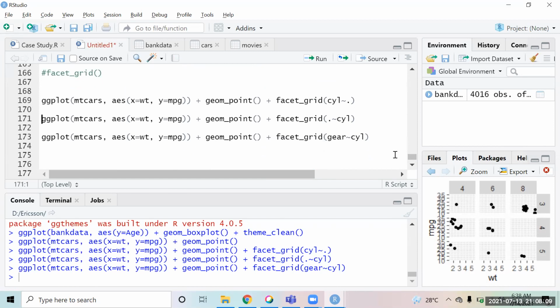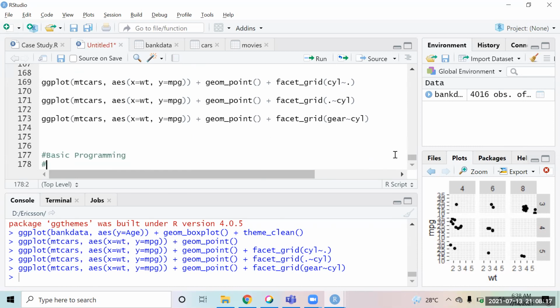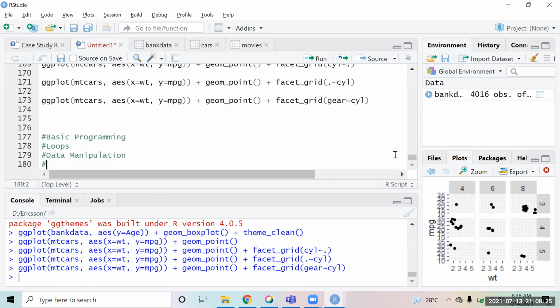So we have done that up, right? Basically the basic programming, the loops and all, your data manipulation, and this visualization.